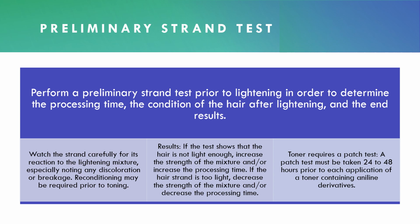Think about the results. If the test shows that the hair is not light enough, you can increase the strength of the mixture or increase the processing time. Either one of the two will help you. You just want to be able to see it before it gets too light. That means you have to watch it. Then you might decrease the strength of the mixture or decrease the processing time. That is the purpose of doing a strand test, to cover all these bases to ensure a successful desired color